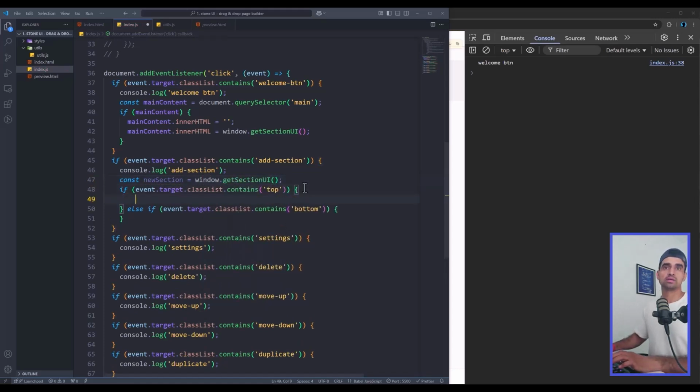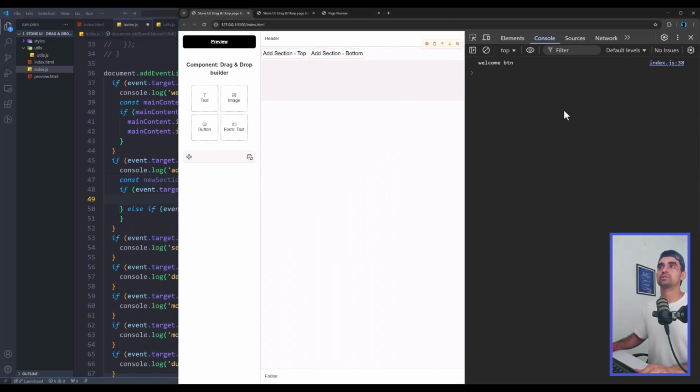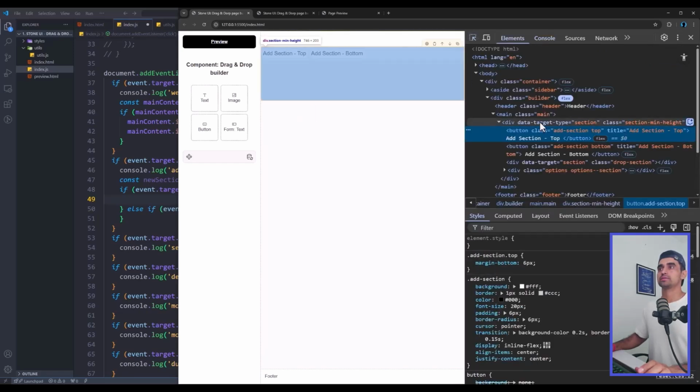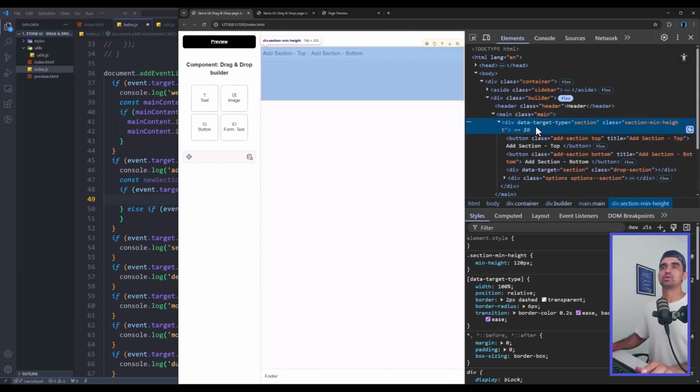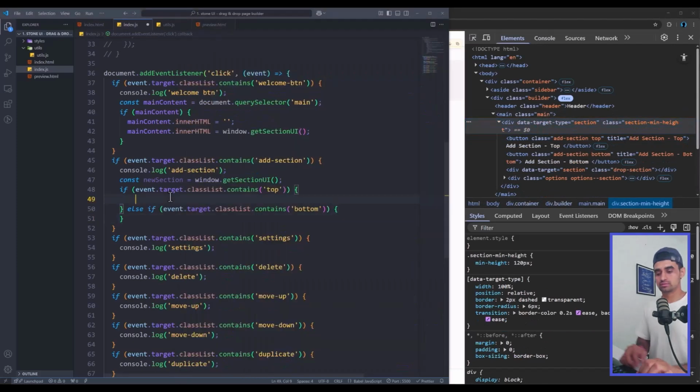Now if I come in here, so when I click on this add section top or bottom, we want to add a new section. Okay, on top we want to add above this section and bottom just below it. So if I just inspect this, this is the main target, above this and below this. So what I will do, I will write a code,